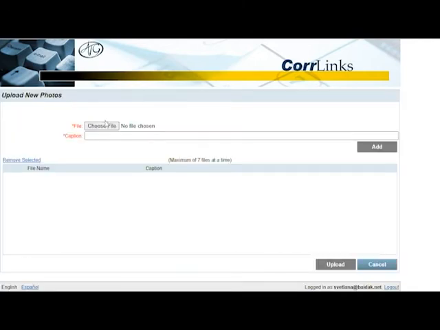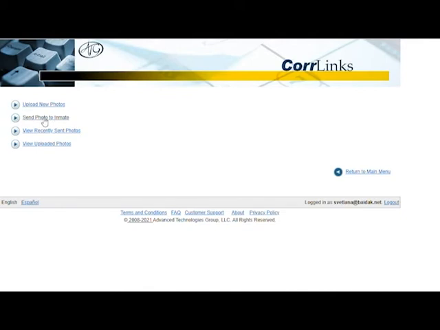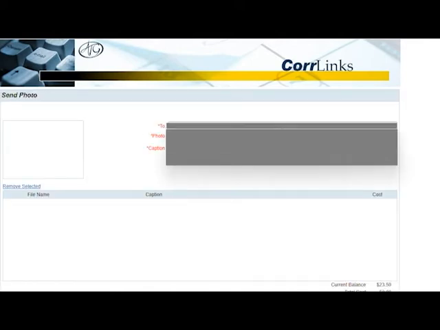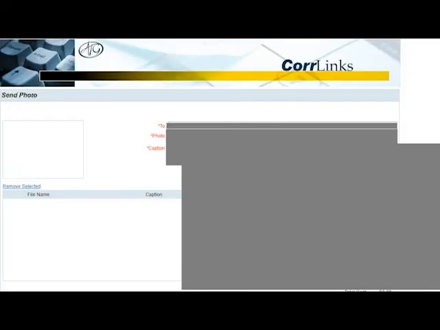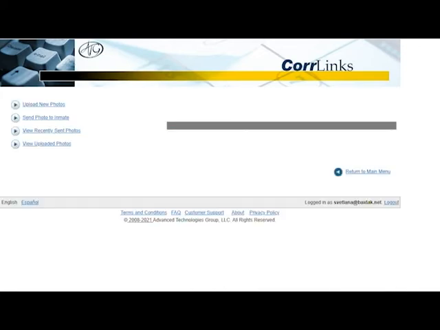So you can't just quickly click on a photo and send it to them. You actually have to upload a photo. You're going to choose a file, name it. It's going to show up in here. That file will be here as file number 1, for example. Once you add it, it's going to be there. So to send a photo to an inmate, you're going to have to choose your inmate. Be careful because it often wants to go to the first person on the list. I've accidentally sent my photo to the wrong person. It happens. And then you're going to choose your photo. I have my Valentine's photo, whichever. You can choose your photo. And then again, it's 25 cents per photo.